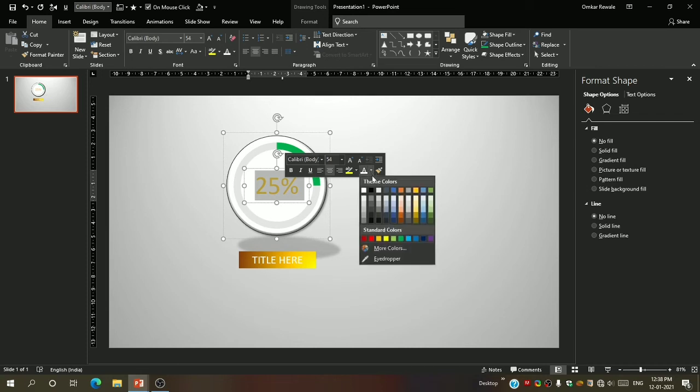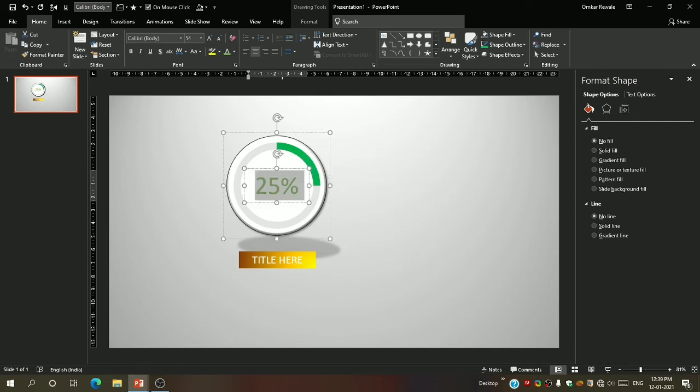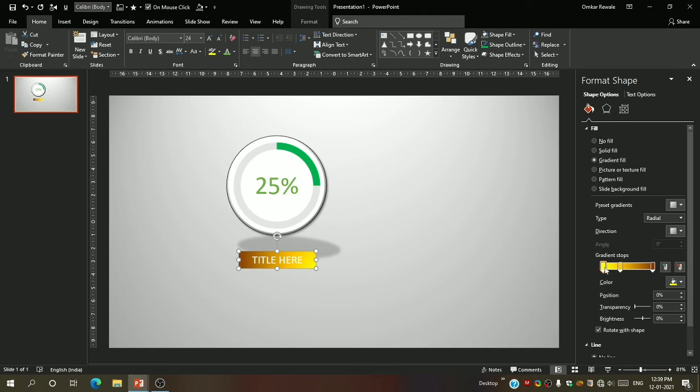Green color, and over here you do not have to change anything, just select these stops and give the darkest color at the last, then lower darker here and lower darker here. First one is lighter, then medium, and the darkest.